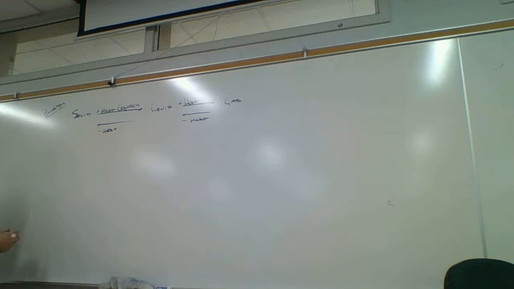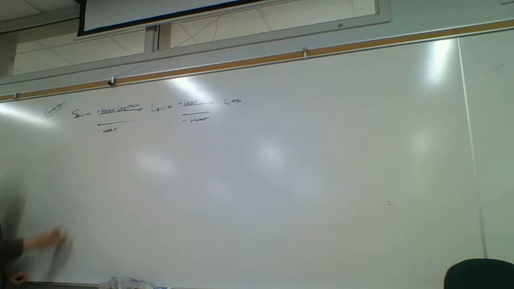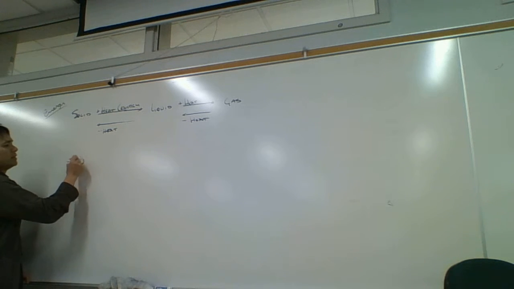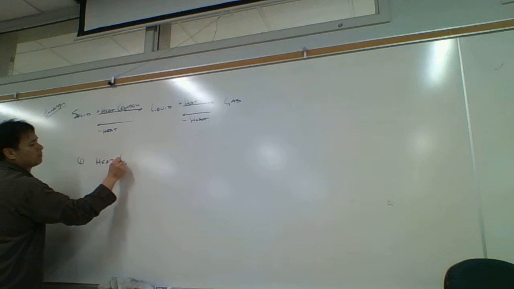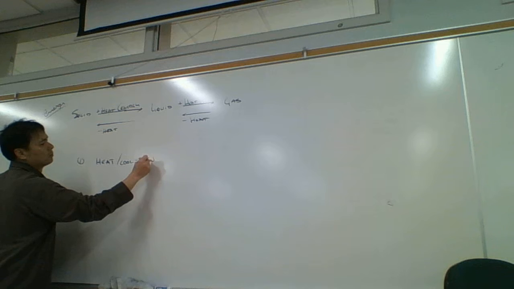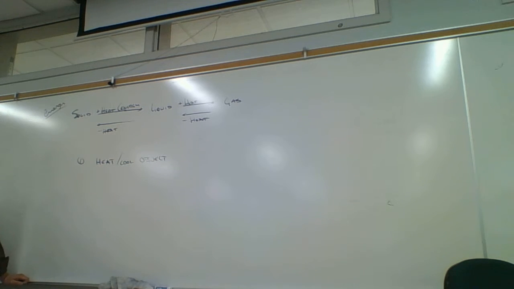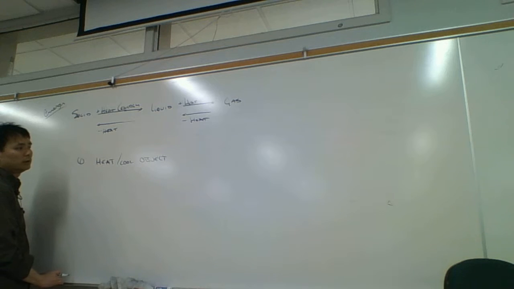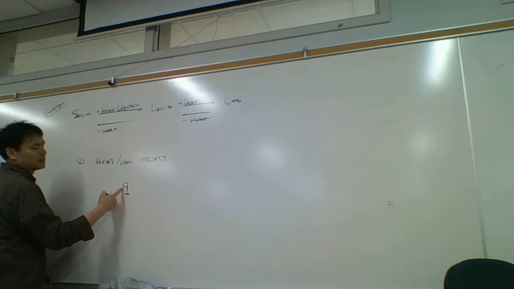And so when we're dealing with heat, there are two ways that heat is absorbed by what we're looking at, called the system. One way is we can heat or cool an object. So a solid piece of aluminum is going to get hot, or if we cool it, it's going to get cold.